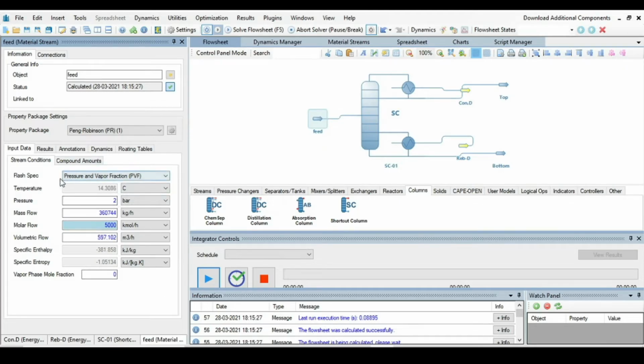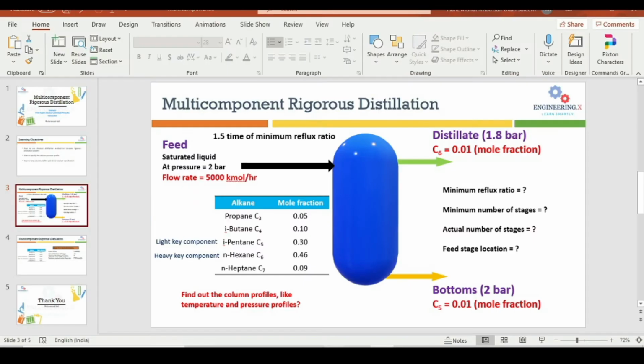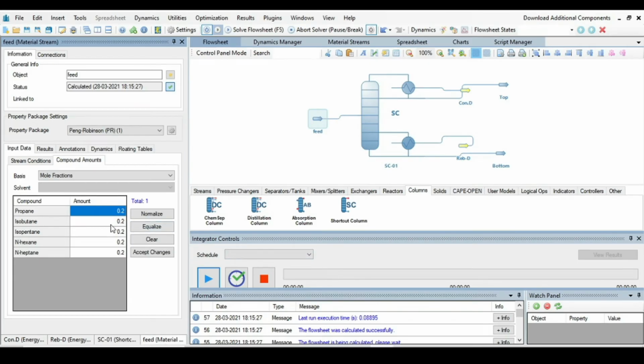And after specifying the feed condition, now it's time to specify the component molar fractions. By default, DWSIM equalizes the amount of each component, like here propane, isobutane, everyone has a 0.2 mole fraction. So from the problem statement, we are going to change according to our need. That is, propane is 0.05 and then 0.1. Okay, I am going to change